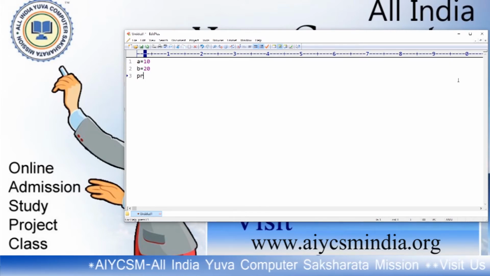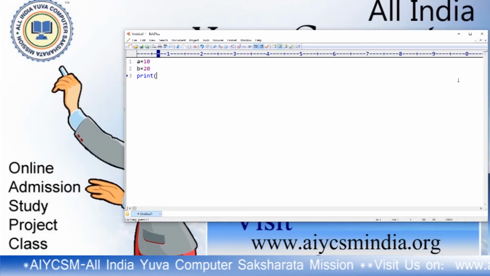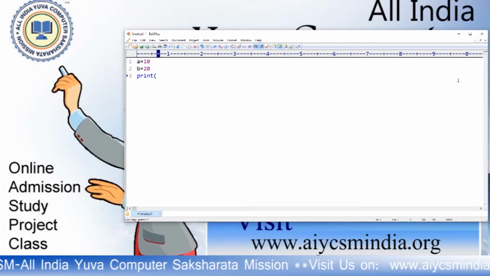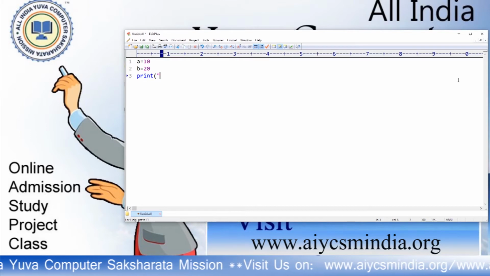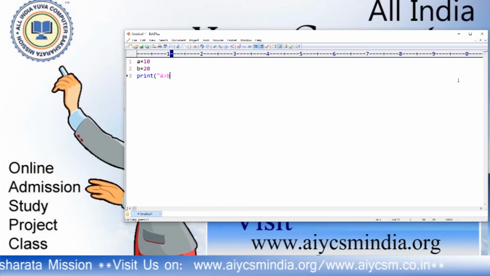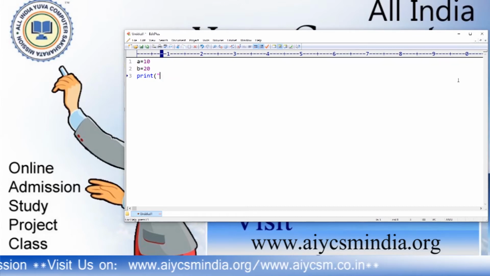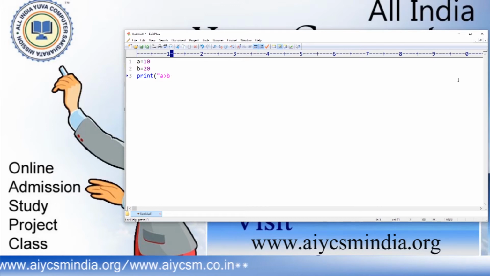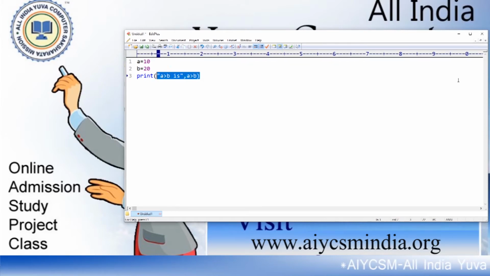It returns a logical value. a greater than b: I want to print whether it is true or not. This is a string, and along with that string I want to print the value. It will return only the logical values true and false.